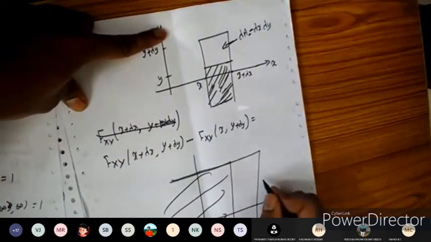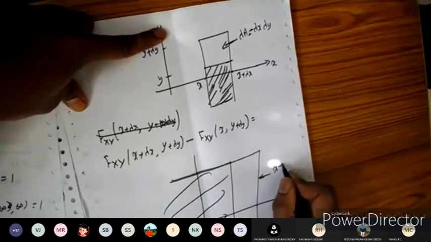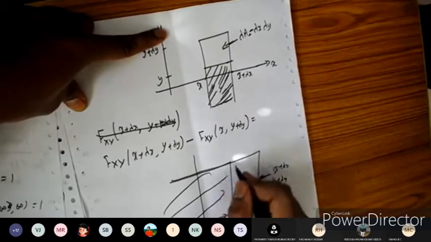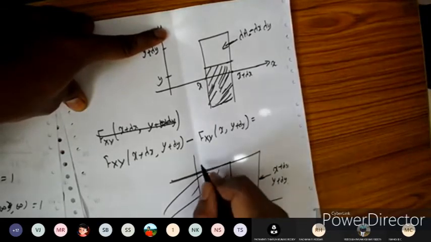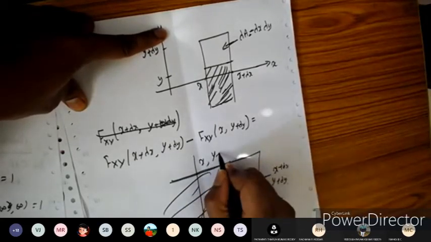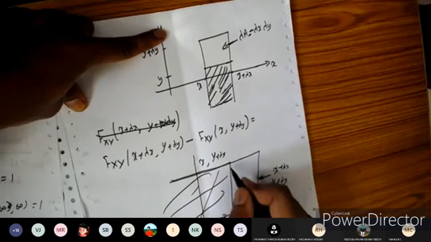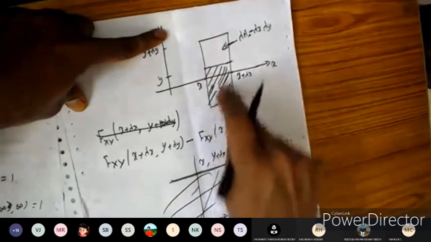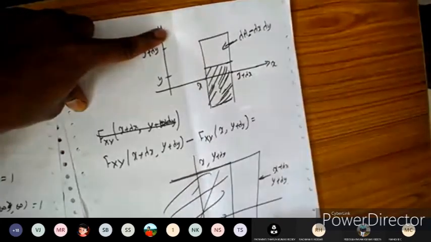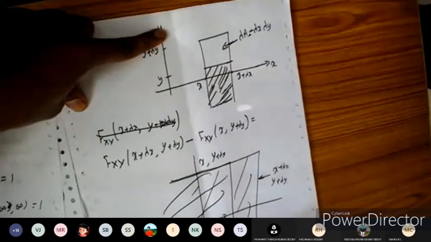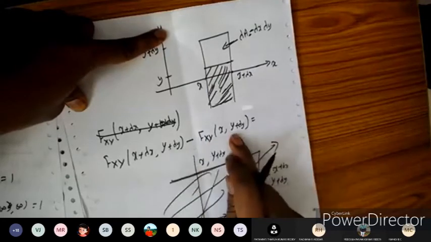Okay, so this is the area which starts from x plus dx and y plus dy. We are starting here, and this portion of the area is called x and y plus dy. Y plus dy means it is extended till this part here. So I separate it, and we get this portion of the area, and we get it by using this expression.